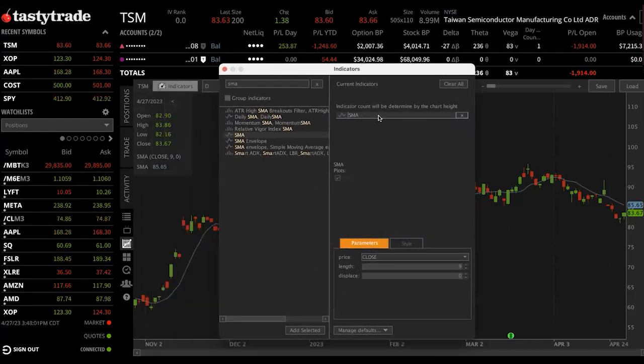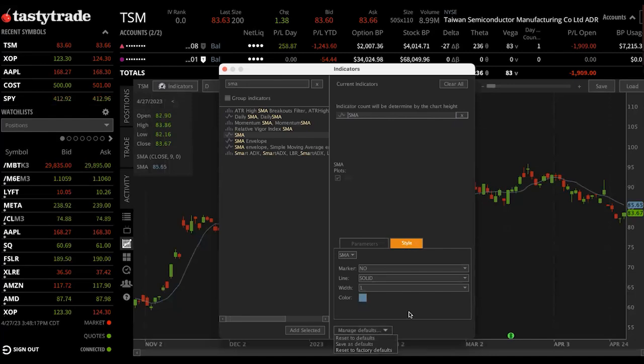But in short, if you look right here where my cursor is, you're going to see, okay, we added SMA on our chart. And then at the bottom too, we have SMA selected. We can change the parameters here too. We can change the length. We can change the color in there as well. You can set defaults to that too. But as you're going through different symbols in your watch list, your indicators are going to permeate. So maybe let's add in one more,